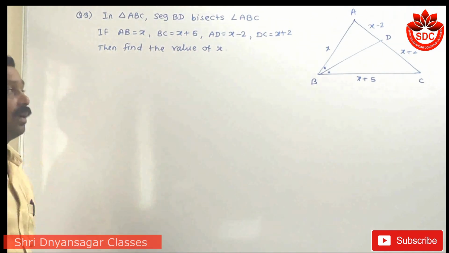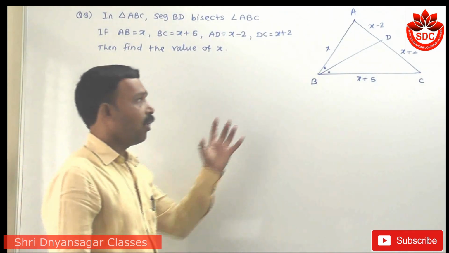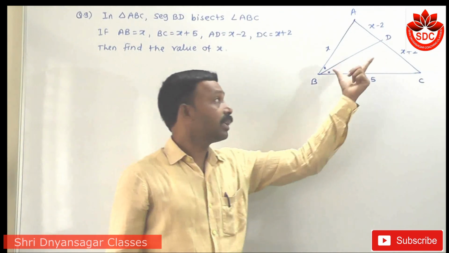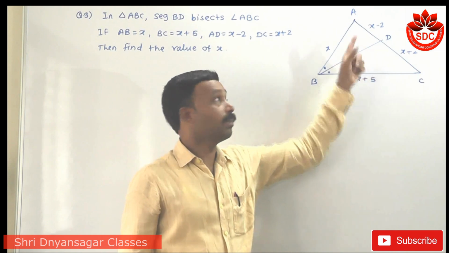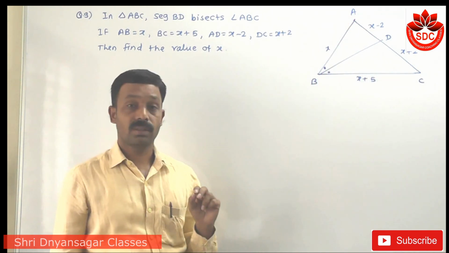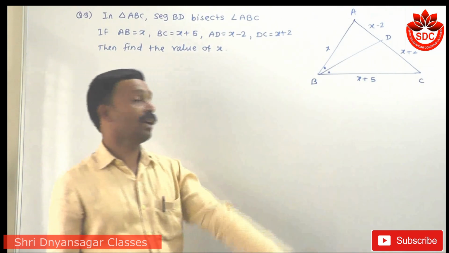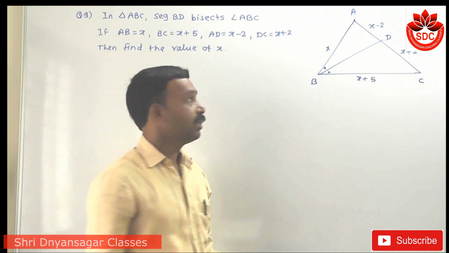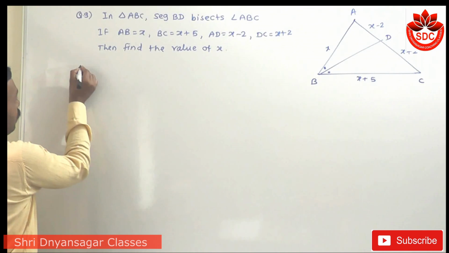Then find the value of x. Student, when we observe this figure, this segment BD is the bisector of this angle. Means that we use the property of angle bisector of a triangle. So that the solution is